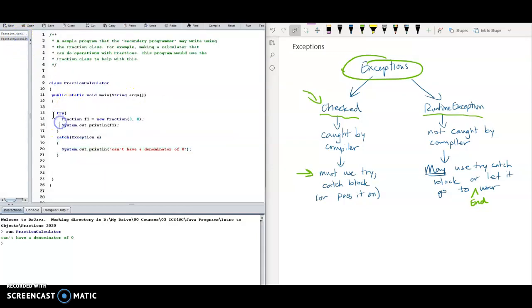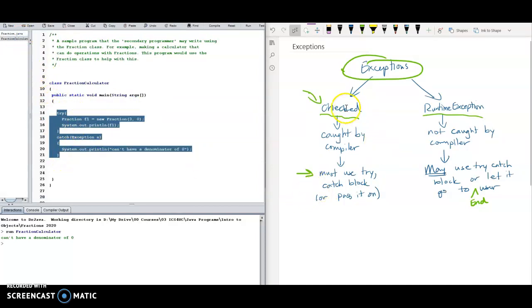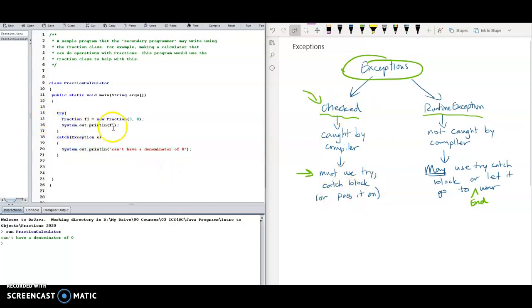So it forces the secondary programmer to consider that with the try-catch block. So that's this side right here. The checked exceptions that are caught by the compiler. The secondary programmer must use a try-catch block to deal with it, right? And in that case, when they use that try-catch block, then they have to deal with it,